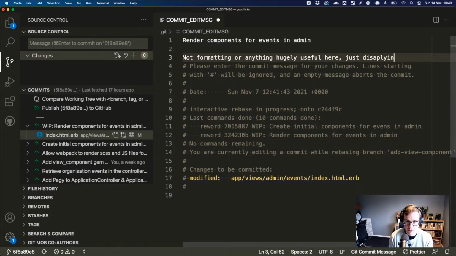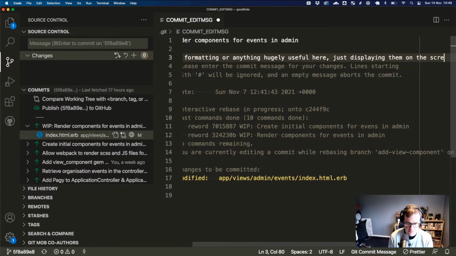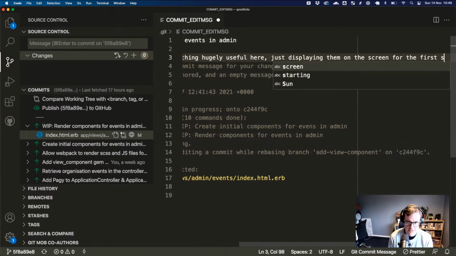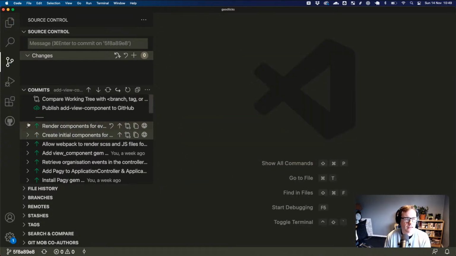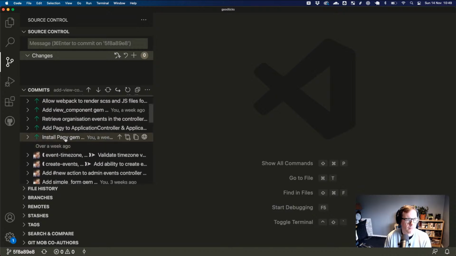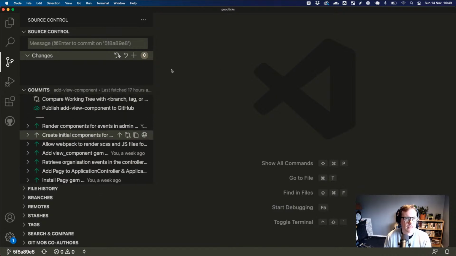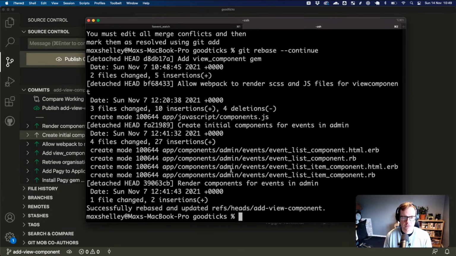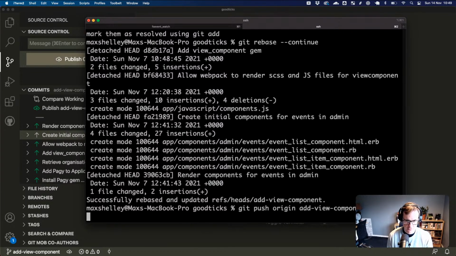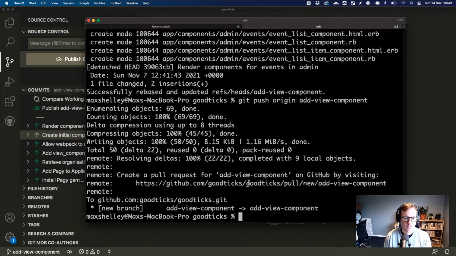Just displaying them on the screen for the first time. Again, just trying to indicate that nothing is important in that commit. Great, so we end that commit with the events on the screen in the admin area and everyone being super happy.